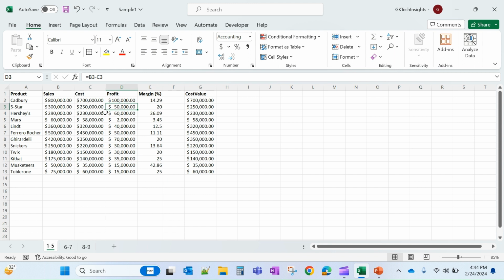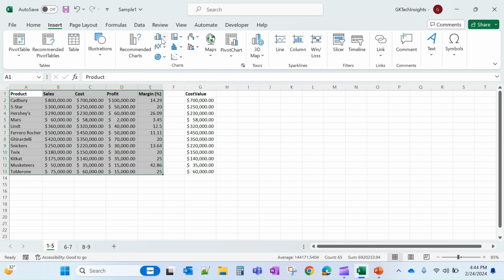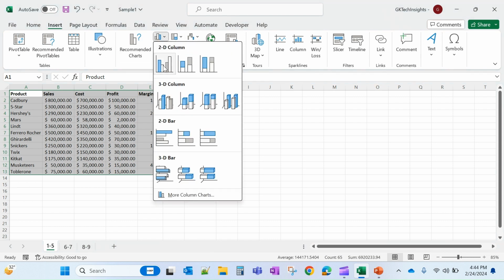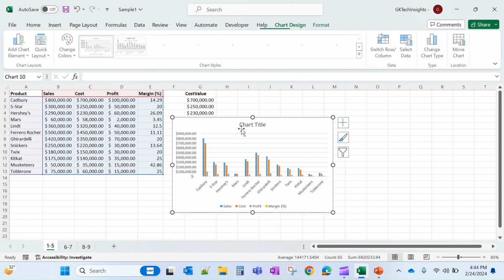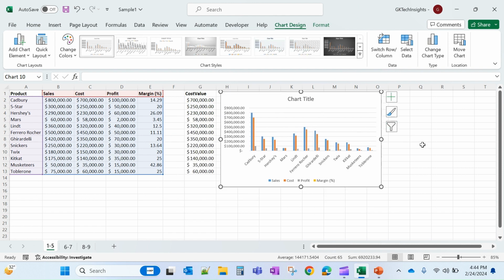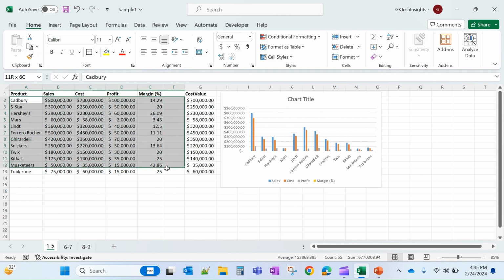Tip number 4. Now let's say you want to apply a graphic visualization based on your data set. You can directly select this entire data set and go to the Insert menu. You will see a chart option here. Click on this and you can apply different widgets. Let's say I selected a bar graph. I can select one more column,